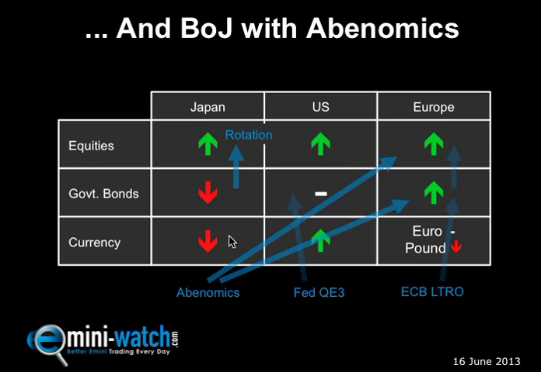First of all, we've got an explicit target of inflation and a weak yen, and so a lot of money has flowed out of Japanese bonds into Japanese equities. It's been a tear of a bull market in equities, and so people have rotated out of government bonds and into equities there. They've also destroyed their currency incredibly aggressively by directly intervening, particularly in the European markets, by buying government bonds and buying equities in Europe, and so driving up what would have been a weak